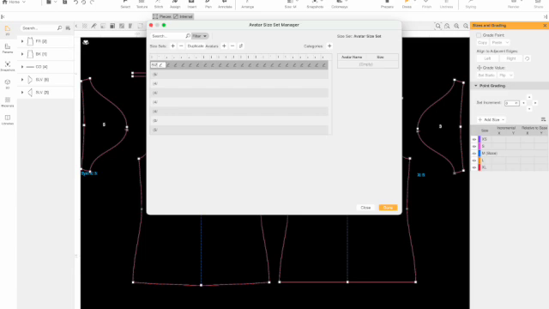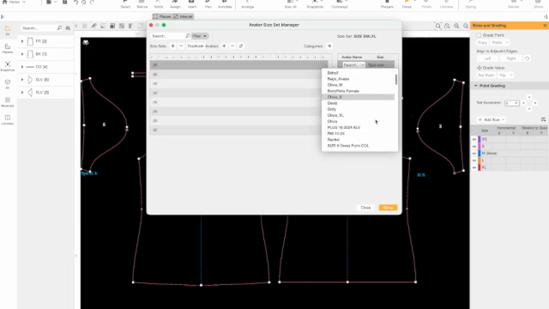I am going to click on Size Set and name it Size SMXL. Click out. Then I'm going to come over here to where it says Avatars and click on the avatars. Now I do have the avatars that I need already, but you can also download those avatars in the cloud under avatars. So I'm going to scroll down until I see the avatars that I need. And I am going to want to use Olivia,